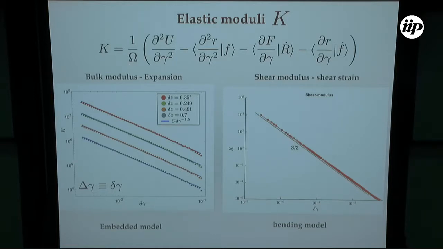Now that we have this explicit expression, we can, under some simple argument or just by doing numerics, see the results. This is the numerics, and what we observe is that for different models, this is the embedded model, this is the bending model, each with a different coordination, for all of these cases the shear modulus has an exponent that goes like delta gamma to the minus 1.5. That is quite close to the one observed in experiment and in other